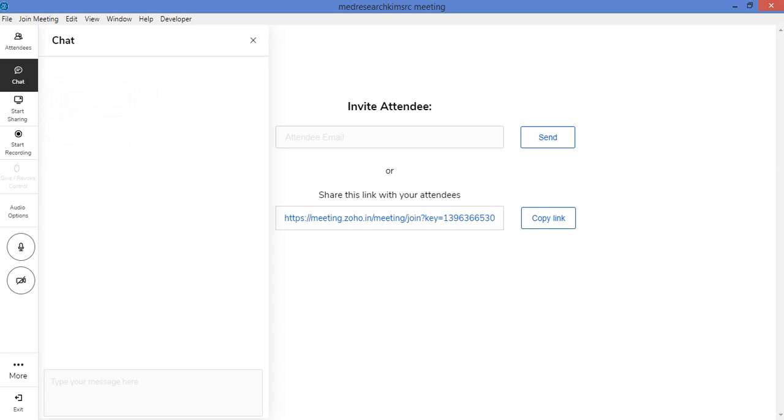Then start recording. If you click the start recording option, you can record your class presentation and it can be used for future purposes also. And the microphone: see, my webcam has a strike mark over the cam, which means the camera is off and the microphone is on. The microphone should always be on so that everybody can listen to you.